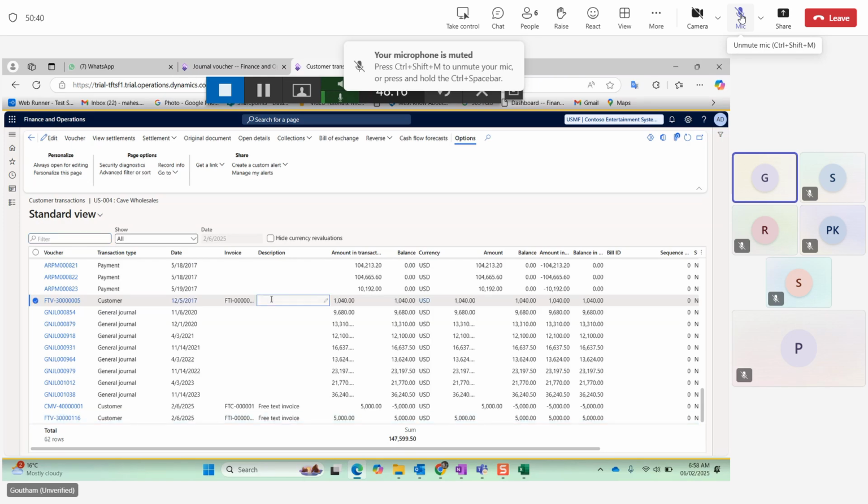So when he informed us that he will not pay the 1040 amount, we need to transfer this amount to bad debt. Bad debt is nothing but the write-off account. So how can we transfer